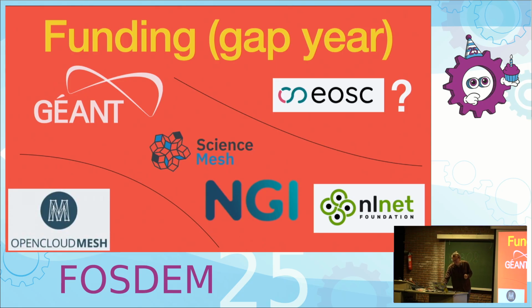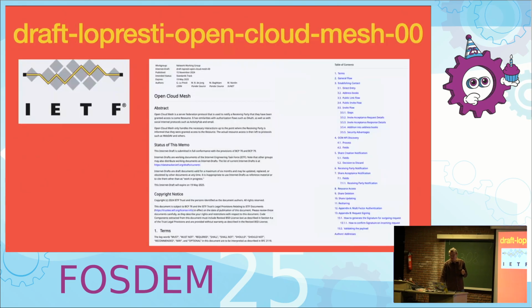Thank you. So one of the things we're doing this year is we wrote down the spec as an internet draft. And we tried to make it written in such a way that it's strict and clear what it means. So not necessarily easy to read, but when you do read it, then it should not be confusing. And there are a number of ways you can do ownCloud Mesh, and I'm going to talk through them.